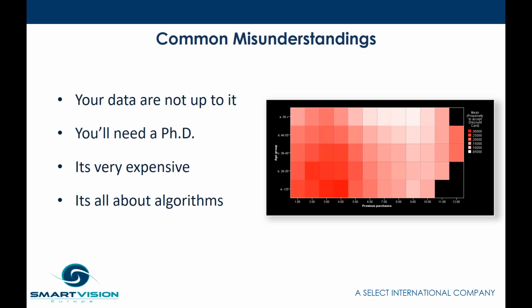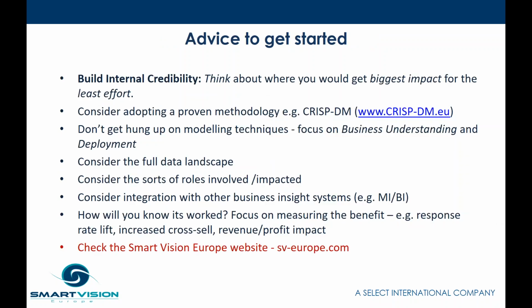And lastly, it's all about algorithms and things like that. Well, algorithms are fairly cheap. You can come by different algorithms. It's not about algorithms. It's about all the other things around that, everything else within the CRISP-DM process, if you like. So when we talk to people about advice to get started, we think about, well, think about where you'll get